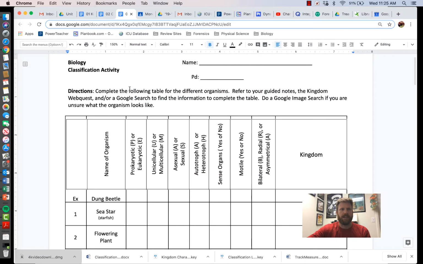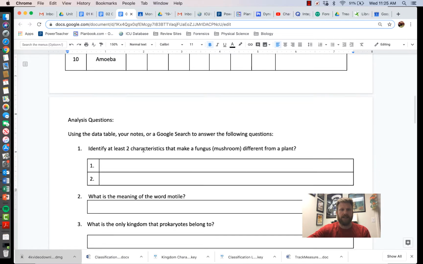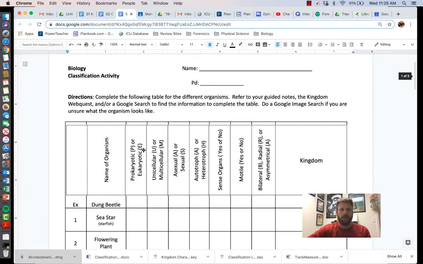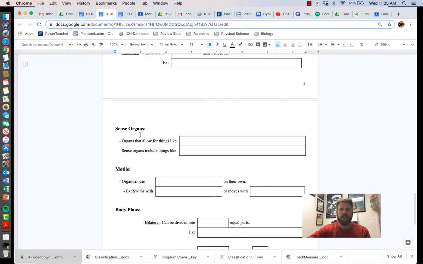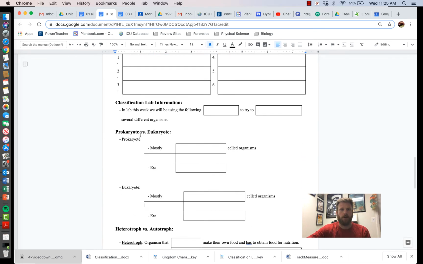Today you're going to work on the classification activity. You're going to complete this table and answer these post-lab questions. To complete this table, you'll probably want to use your classification notes. You remember part of those notes, we identified some characteristics that you're going to use in the classification lab or